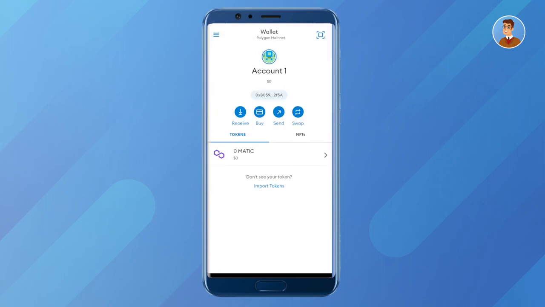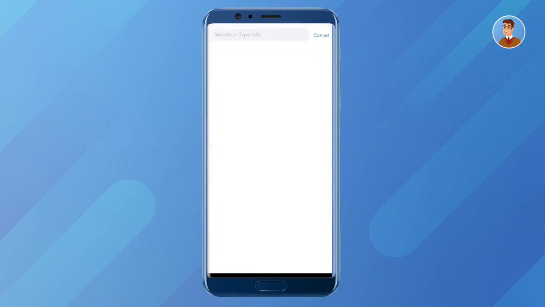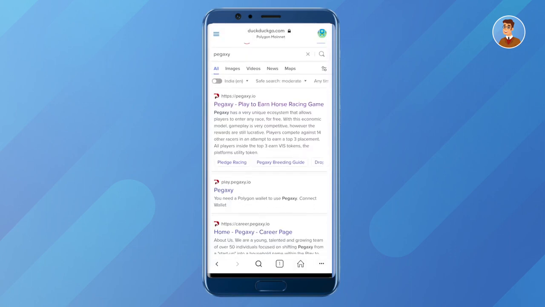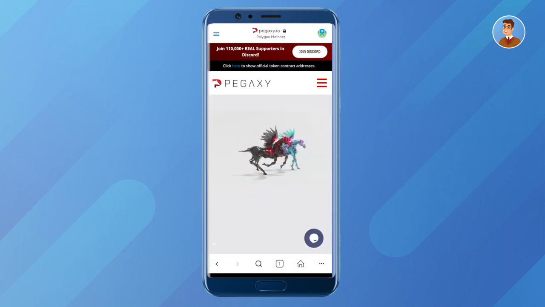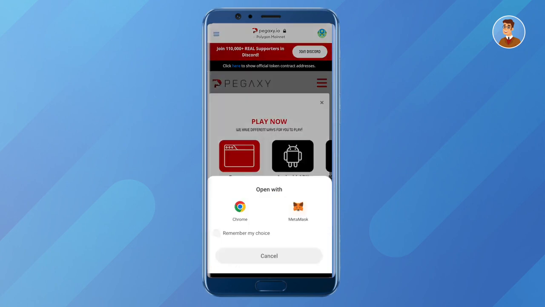Then click on top left corner, the three lines, and here go on browser, search for Pegaxy, then click on first link, then click on the three lines on top right. Here click on play now, choose the browser option, and then select MetaMask,